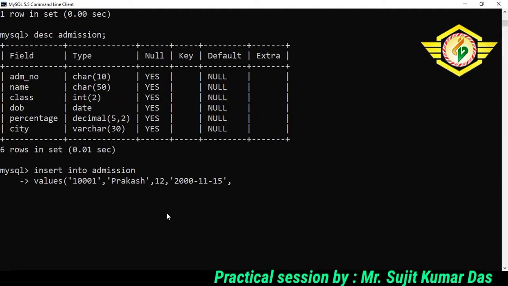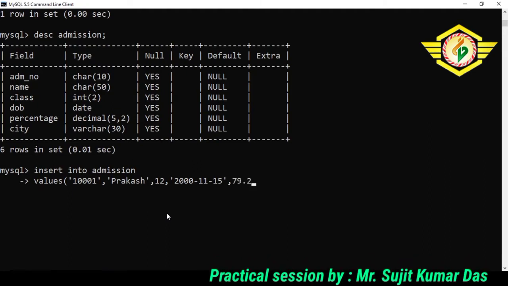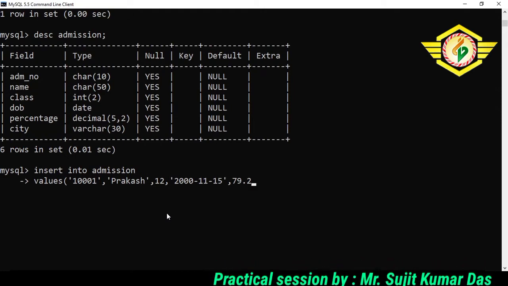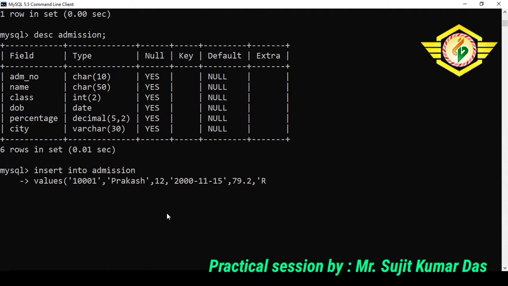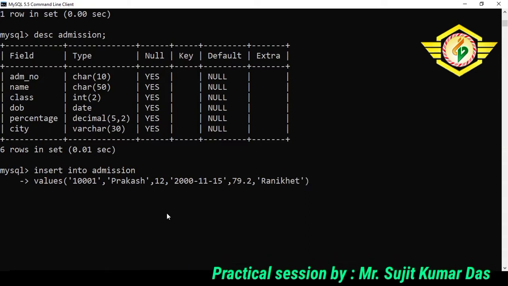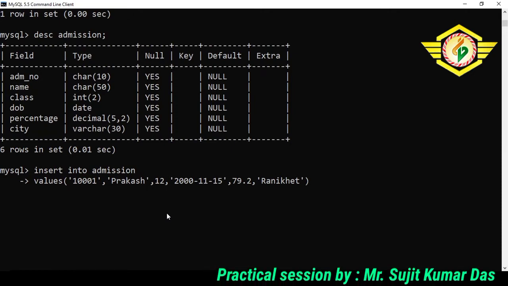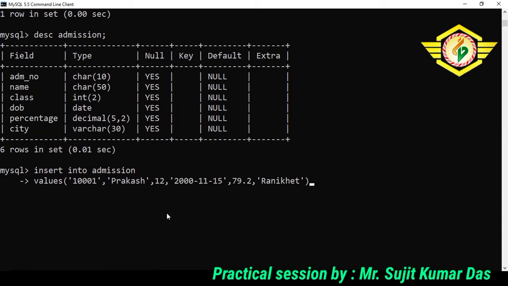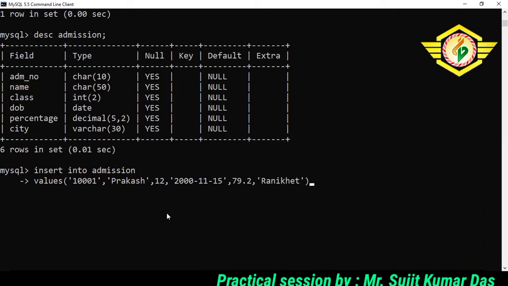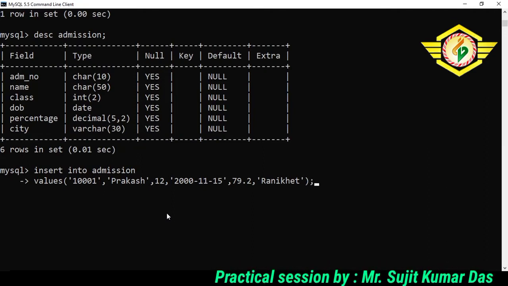Let us give the percentage, and then the city. So we have provided all the values here. No value is skipped. So we will be putting semicolon at the end and will wait for the response from the system.